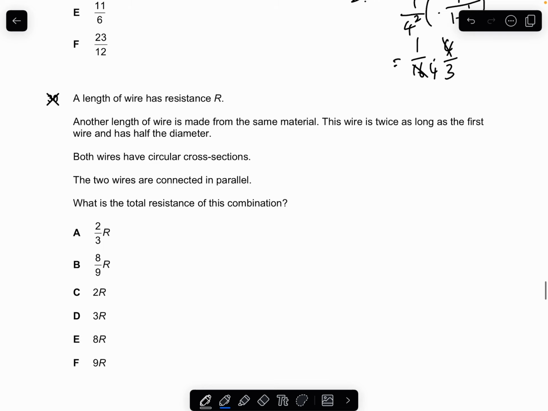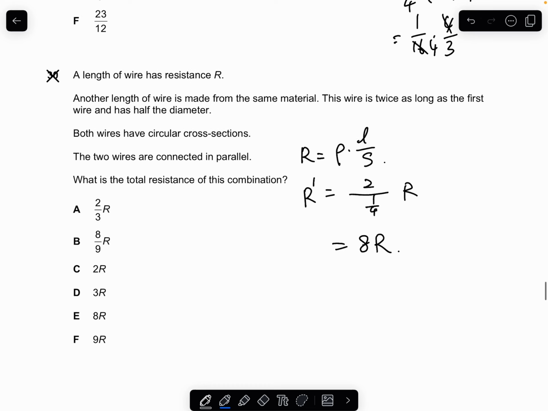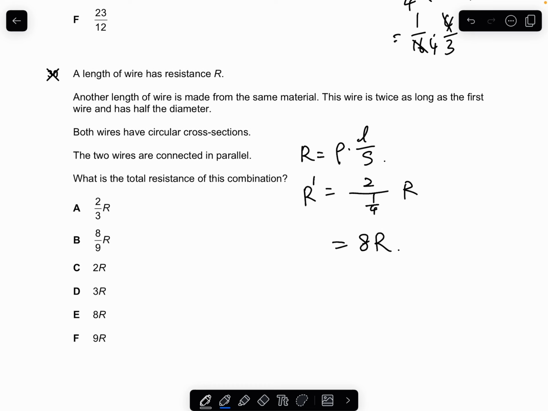Okay, so R equals rho times L over S. The second wire will be twice as long, so 2 over half the diameter, so it will be something like this, you know? 8 times R. So parallel, so this